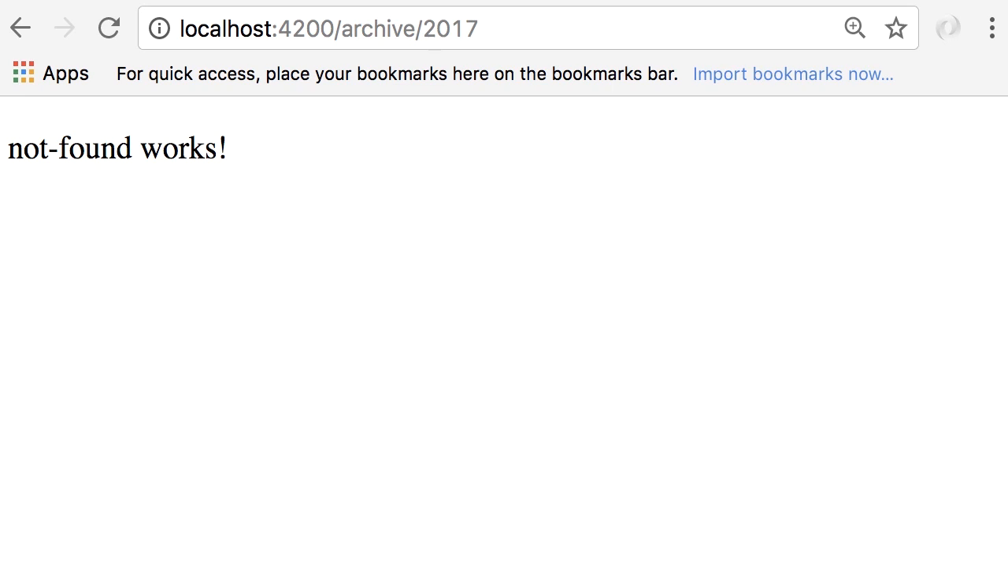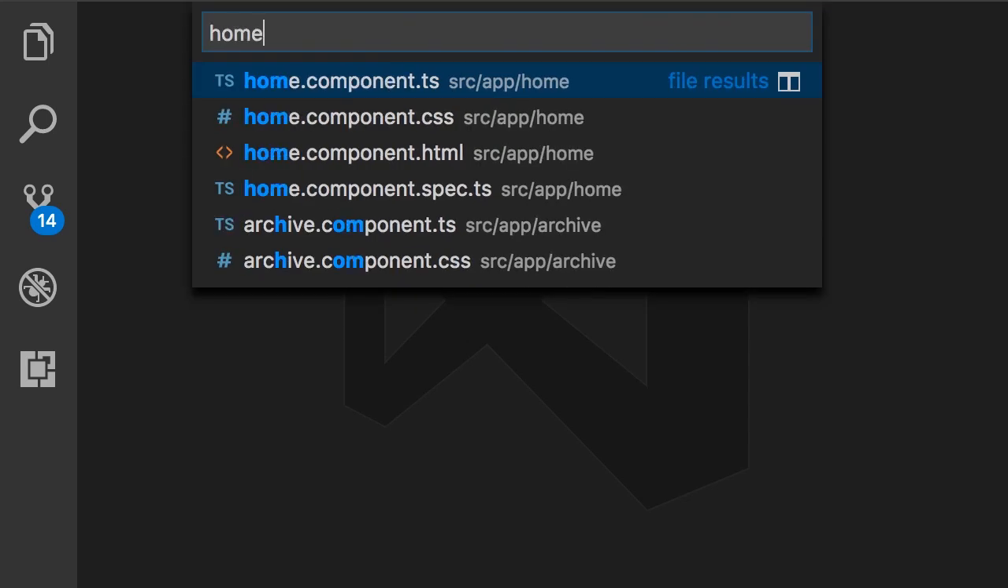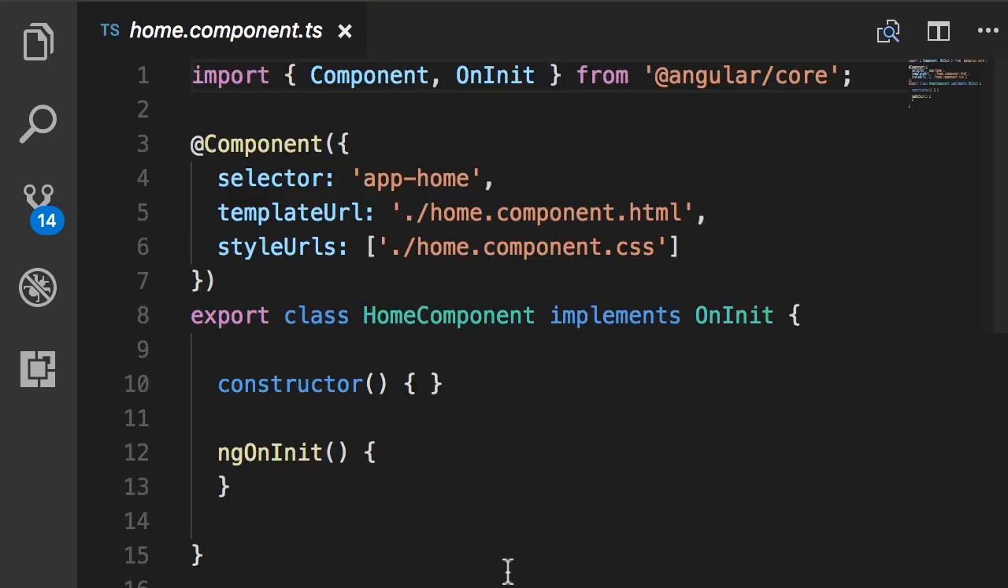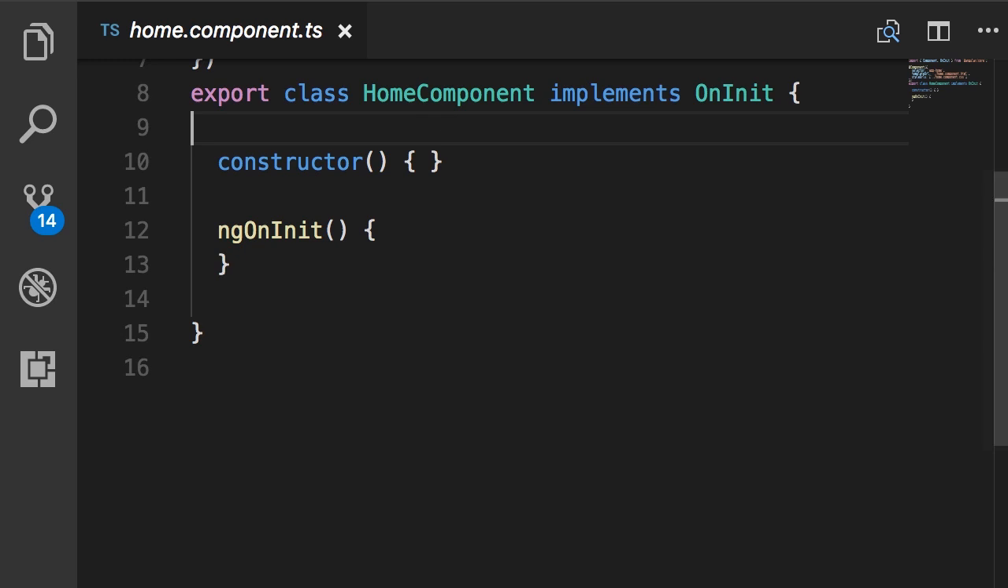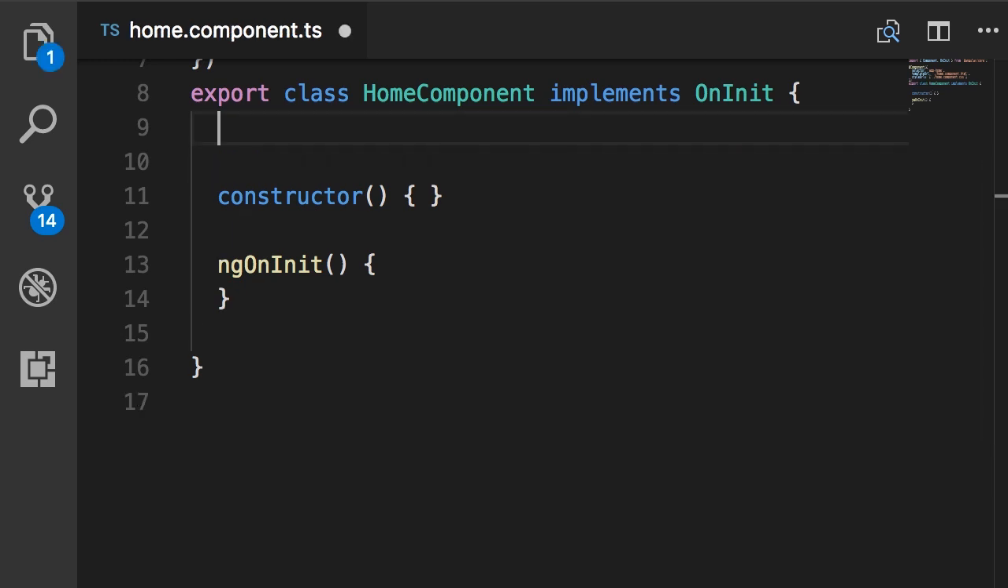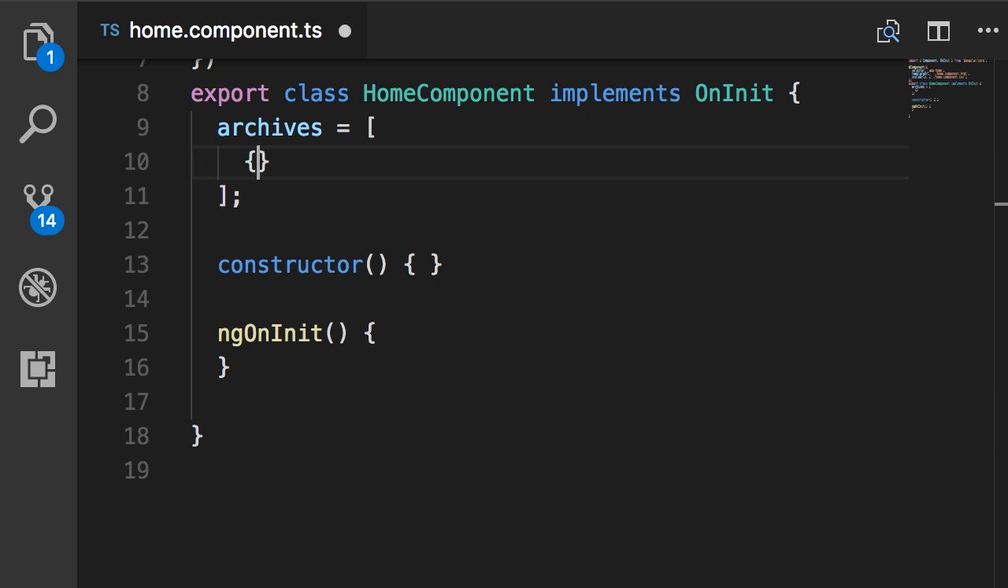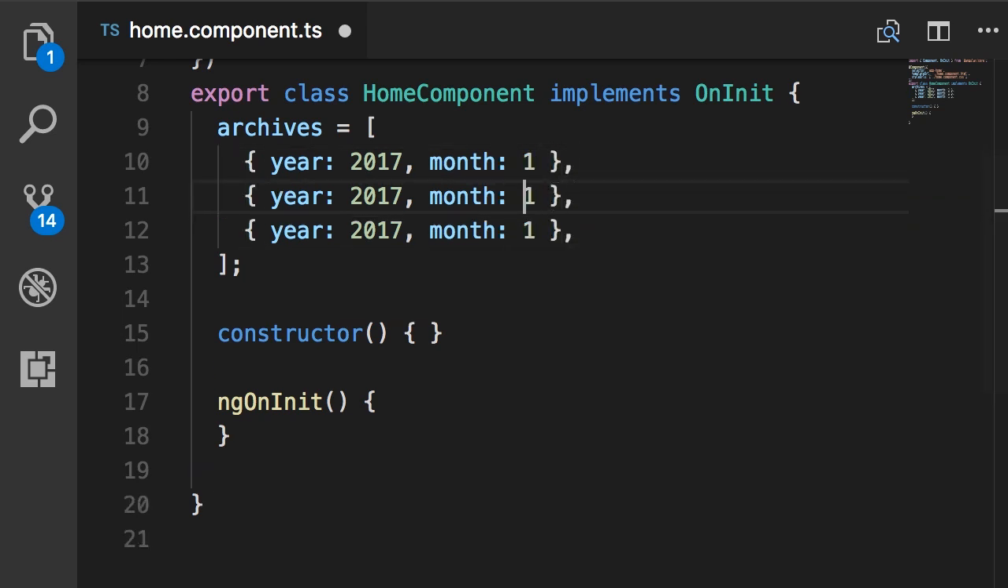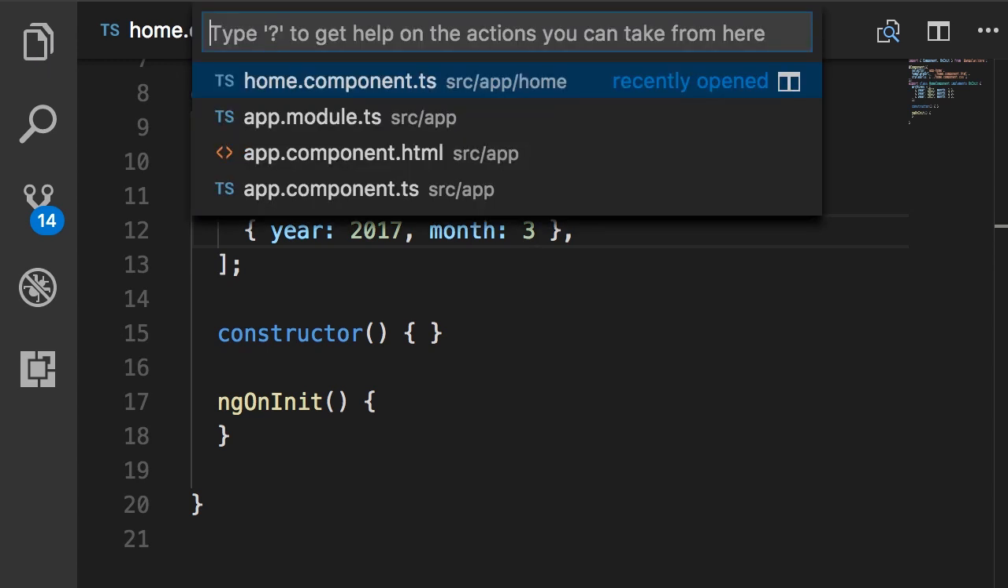Now let's render the list of archives on the home page. So I'm going to go to home.component.ts. Here I'm going to define a field, archives, and set it to an array of objects. Each object should have two properties, year and month. Let's duplicate this, change the months, okay? And then let's go to home.html